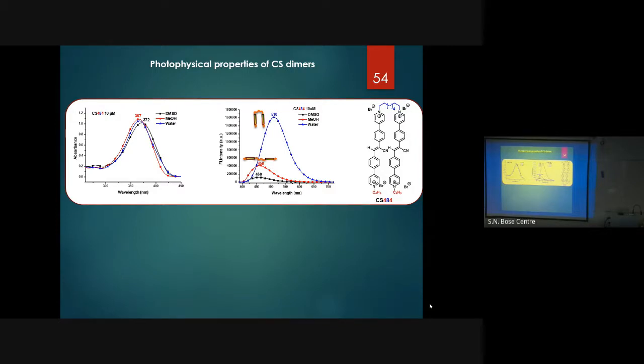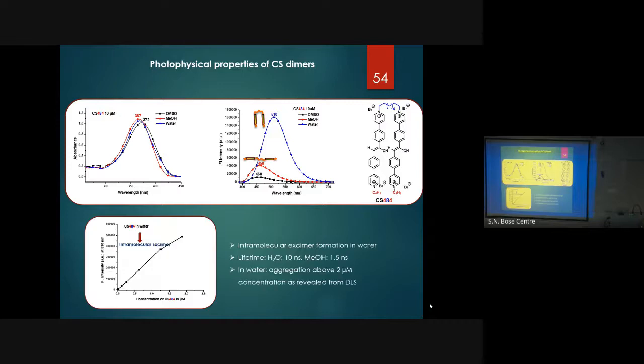They are not interacting with each other. But as soon as you take this molecule in water, you see a band somewhere around 510 nanometers. And what we figured out from further studies is that this is coming from an intramolecular excimer, especially if you measure that at low concentration. Of course, it depends on concentration, because the molecule will keep on increasing concentration